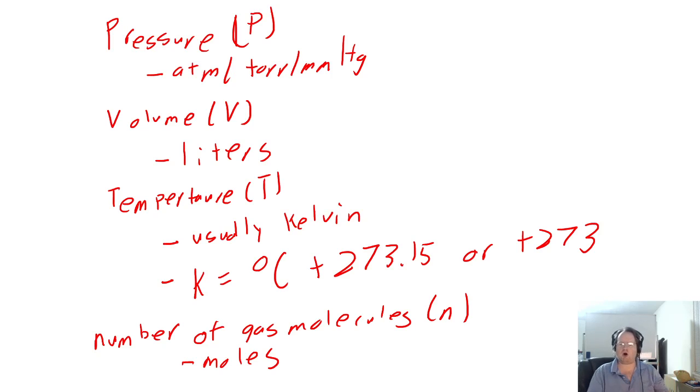So this covers all the major terms we want to be able to use and the way we're going to measure them. In the remaining videos, we're going to talk about the different relationships between gases, how we can figure out different values for pressures, volumes, temperatures, and moles based on information that we have, and then a little bit more about how we can do some useful stuff with that.